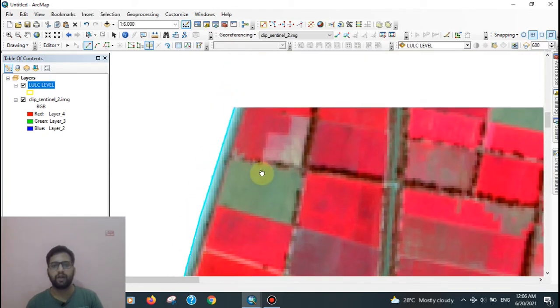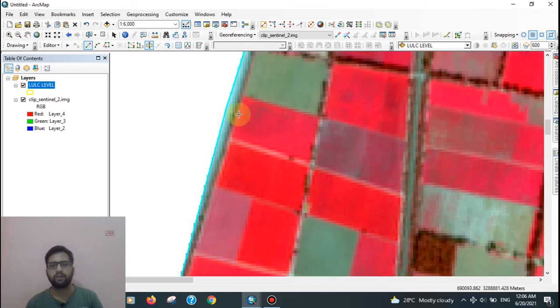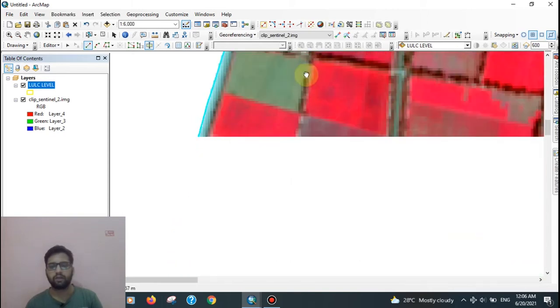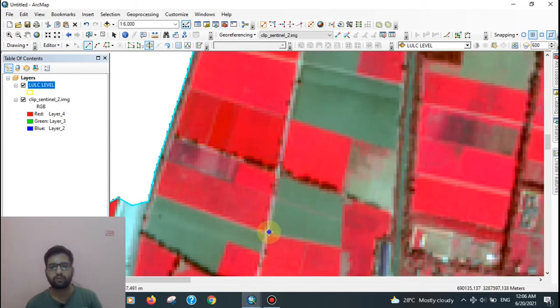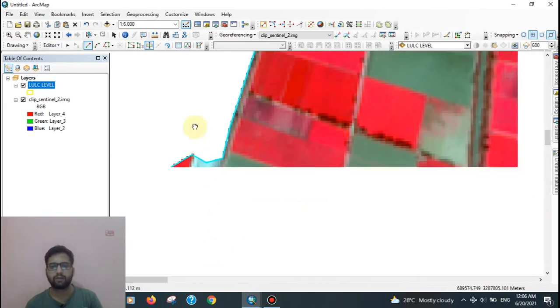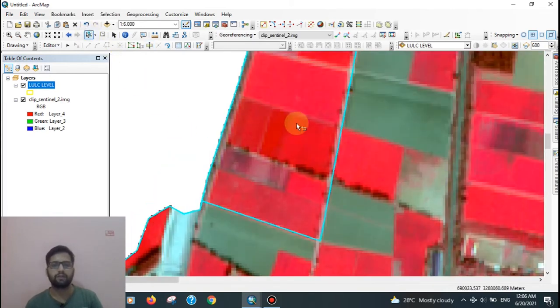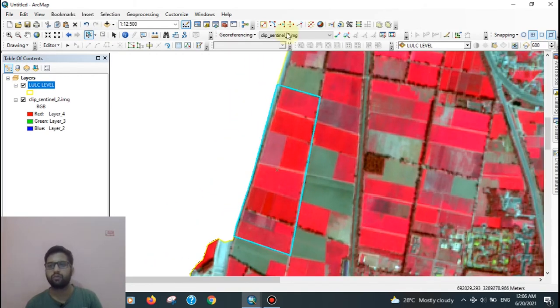So at first we digitize a crop land. Select and go to cut polygon.